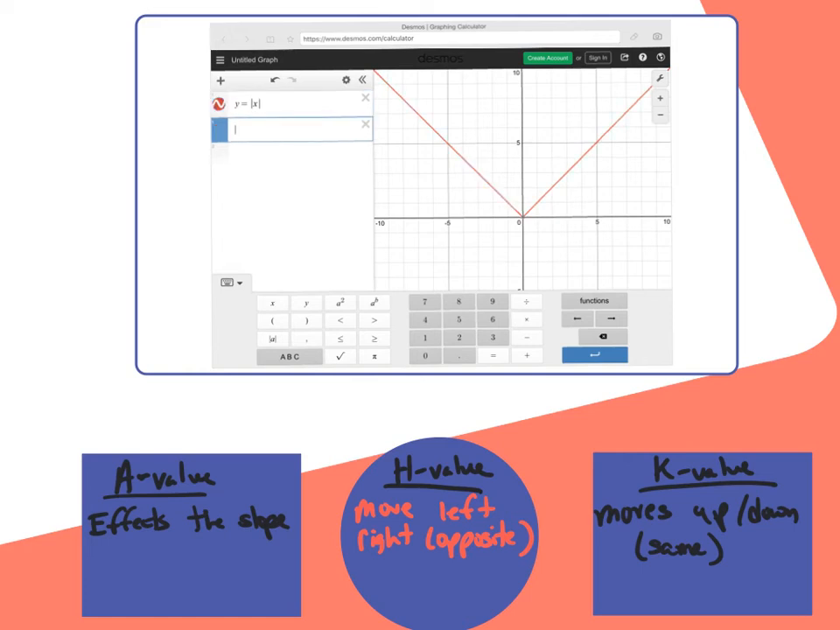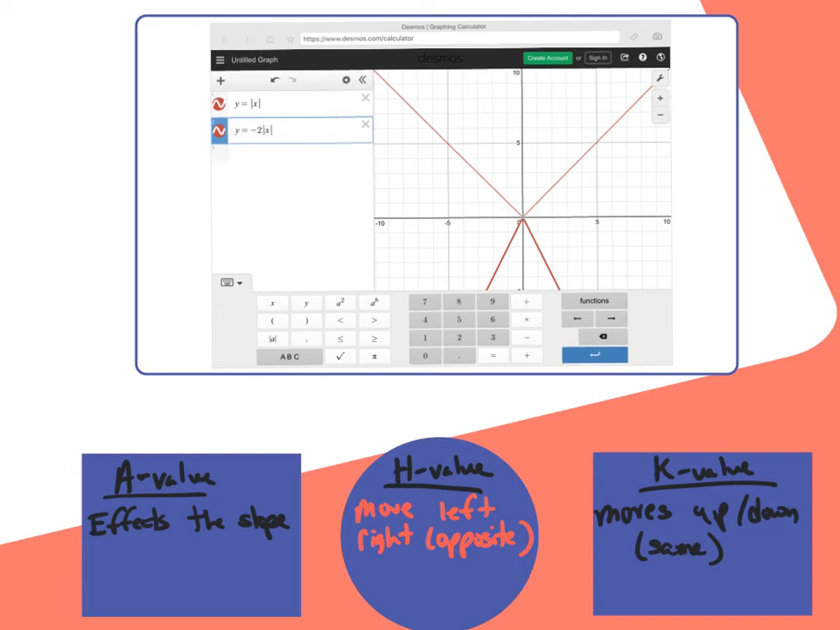So what if we did this? What if we made it a negative number? Let's see how that would affect it. Let's just go with -2 absolute value of x, and we'll close our absolute value off again. So this time what it did,